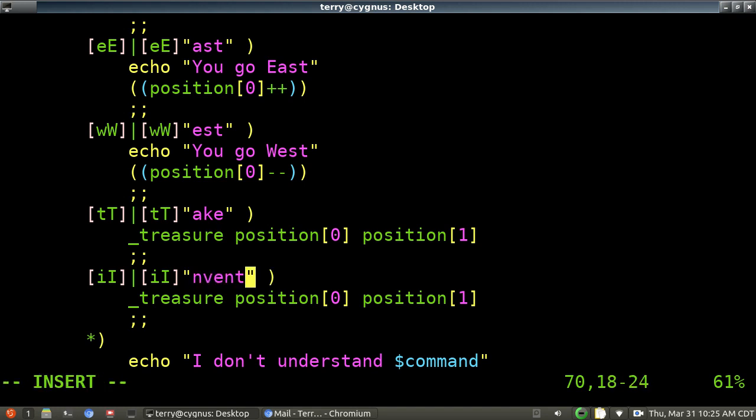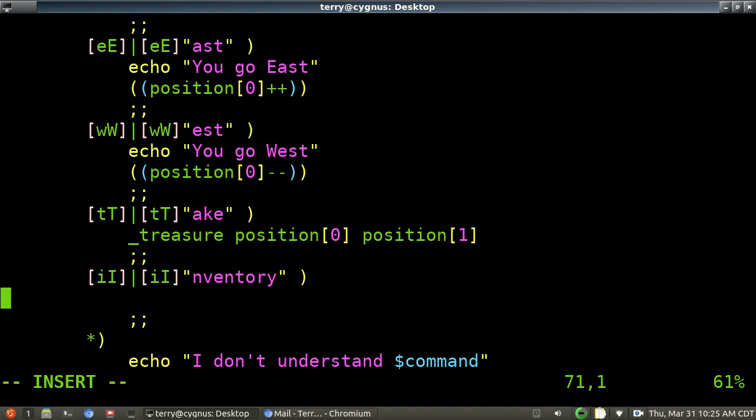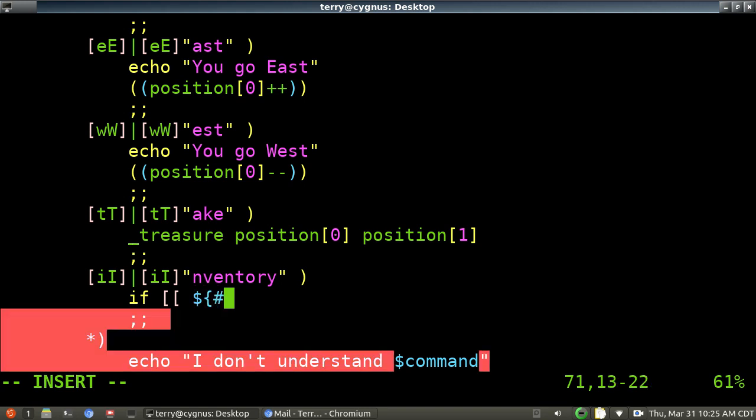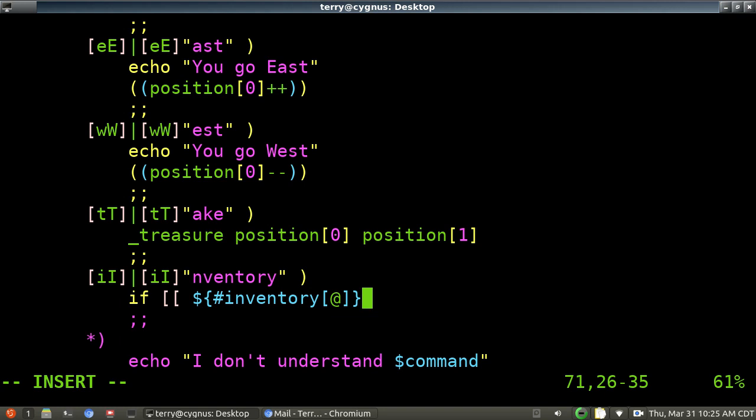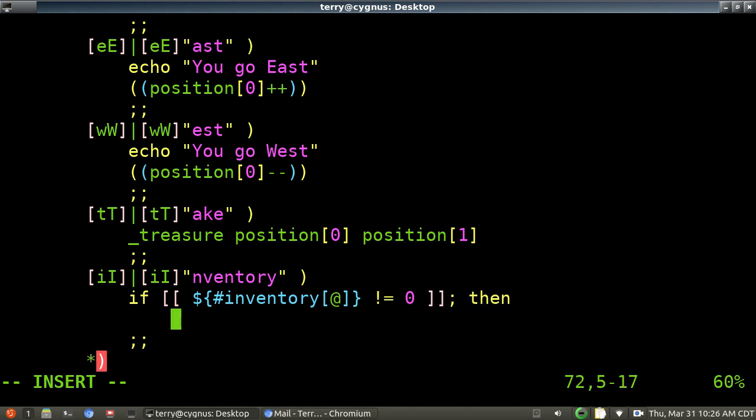Inventory. So what are we going to do for inventory? I'm just going to say if. And we'll first check to see if there is any inventory. So how I do that is if ${#inventory[@]}, that means the number of elements in the array inventory. If it's not equal to 0, that means I've got some inventory. So if the number of elements are not equal to 0, then I'm going to say echo